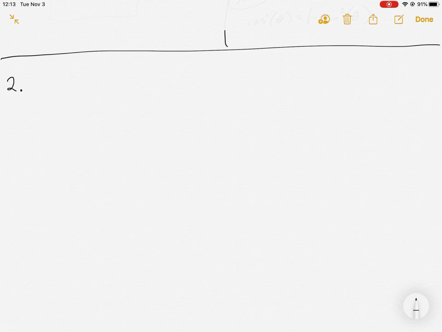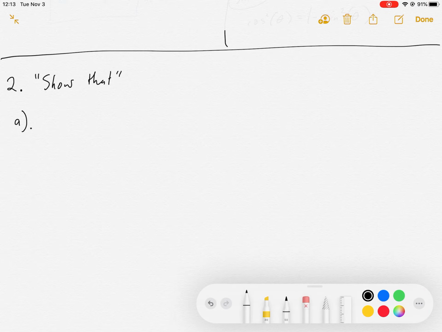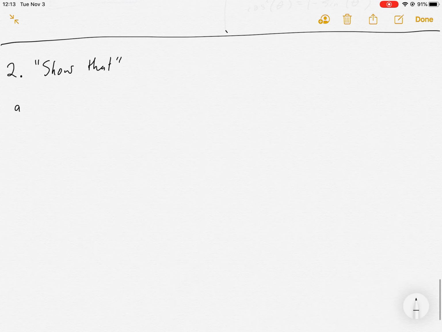Okay, so the second type of example we'll see in section 5.1, I like to call the show that example. And here's what I mean. So to start off with, we're going to say show that